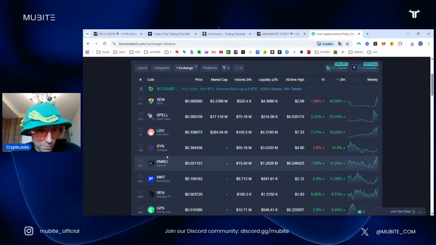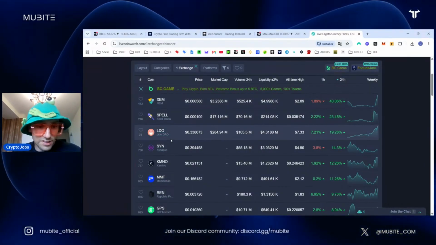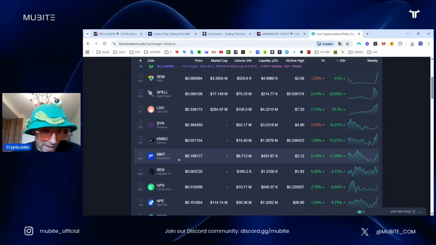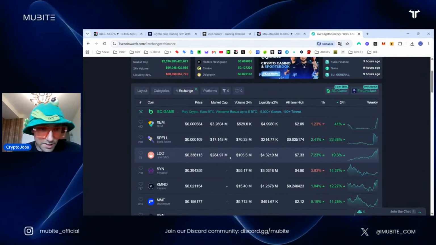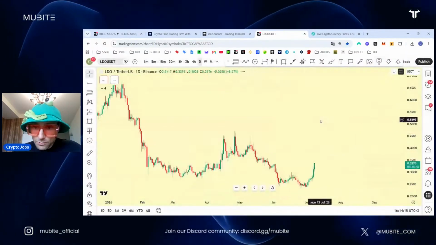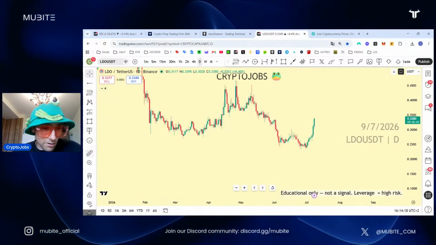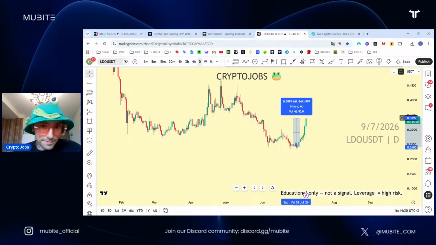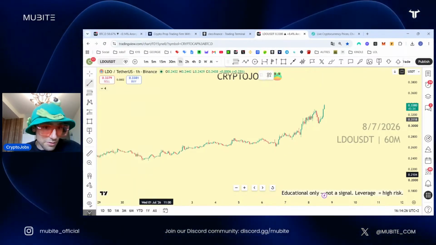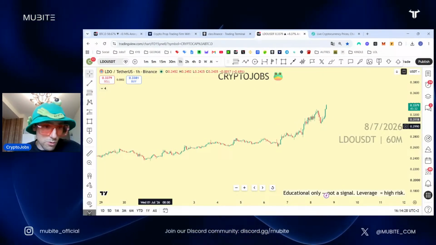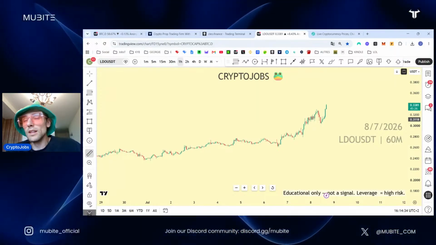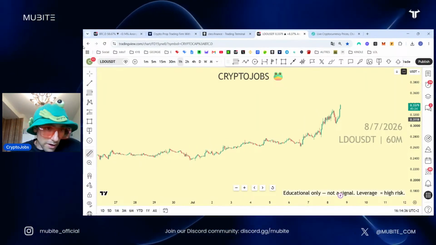So you see, I have 1, 2, 3, 4, 5: SPELL, LDO, SEEN, KMNO. I never heard about this one. And MMT. So let's start with these 5 now, and we will see if there is a live setup to be taken. Yeah, of course, you see, when you look at the good chart, this is much easier, because when you look at trendable assets, if you know the good direction, you often have a big move compared to a flat asset, in case that